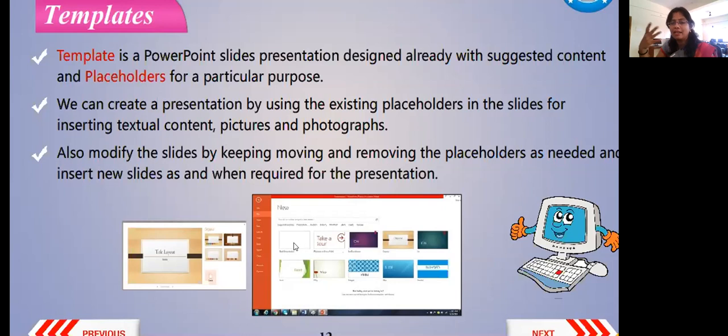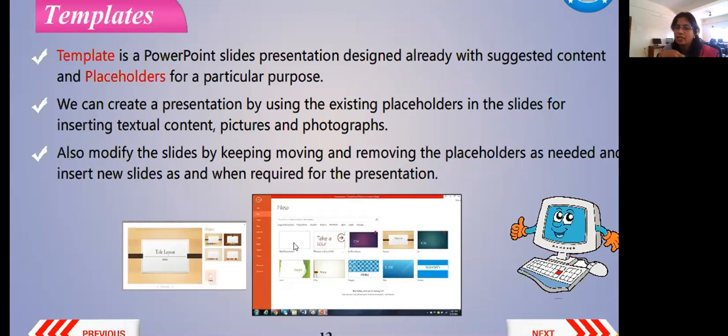Colors are given, background designs are given. So if you want to make your work easy, you can pick any of the templates or designed slides and directly use it. What will happen is, if you want to put colors or designs on your slides to make them more attractive, that is already done by the computer for you.